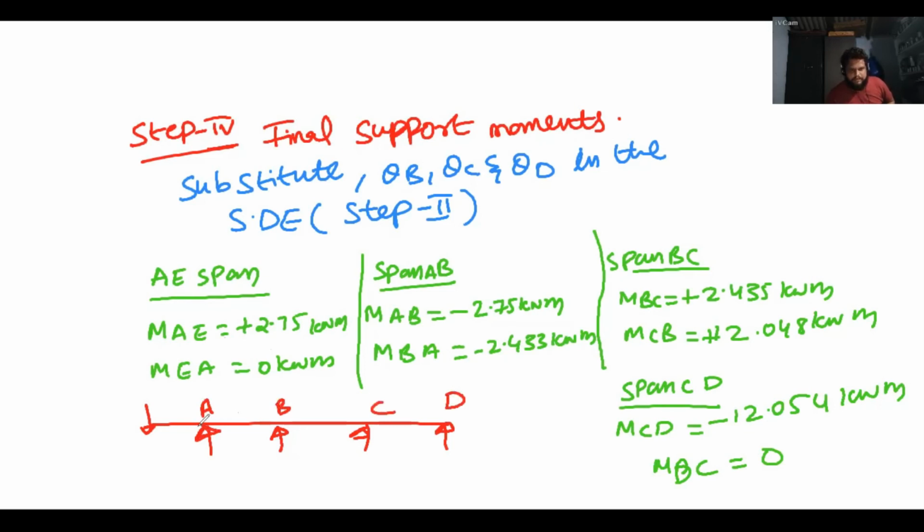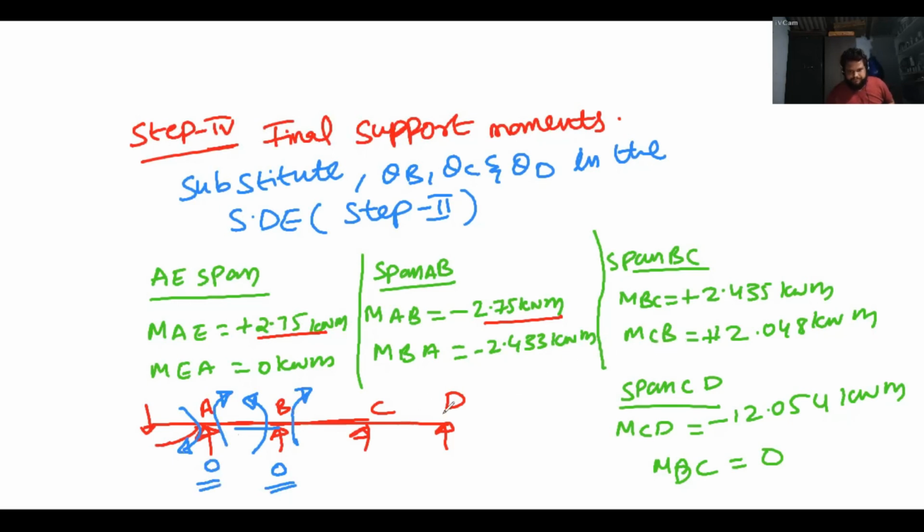So now you see at joint A, M_AE plus M_AB should be 0. So plus 2.75 minus 2.75. At joint B, M_BA plus M_BC. What is M_BA there? Minus 2.433. So minus 4.433, and in the BC span it is plus 4.433. Okay, this is anti-clockwise and this will become clockwise. If we add, the sum of two moments must be 0. Here also, this is clockwise plus 2.75 and here it is anti-clockwise, so 0. Here also it is satisfied.